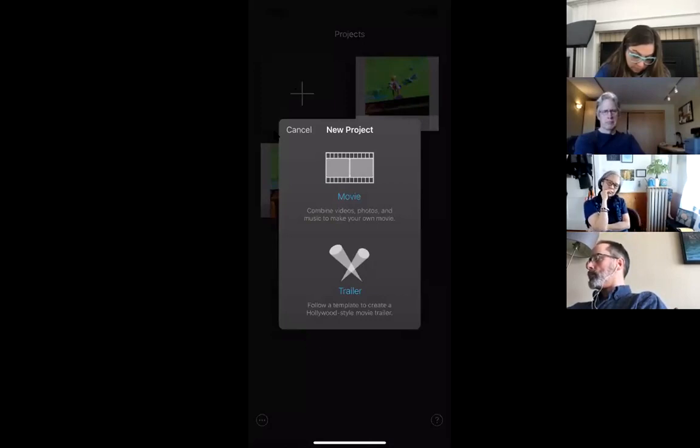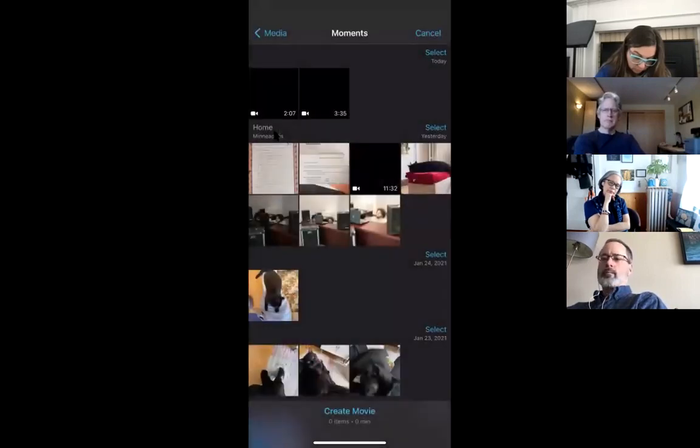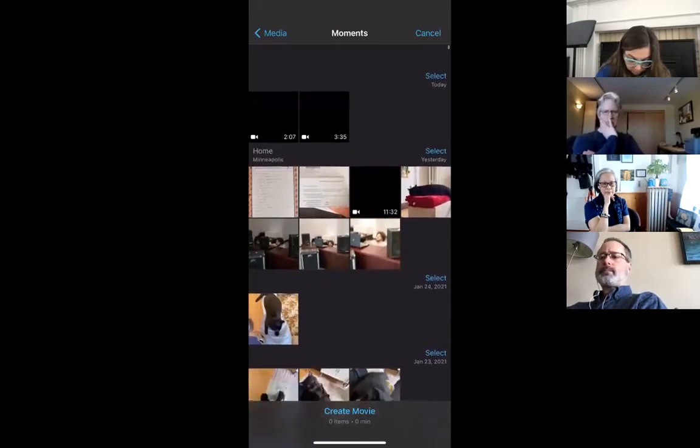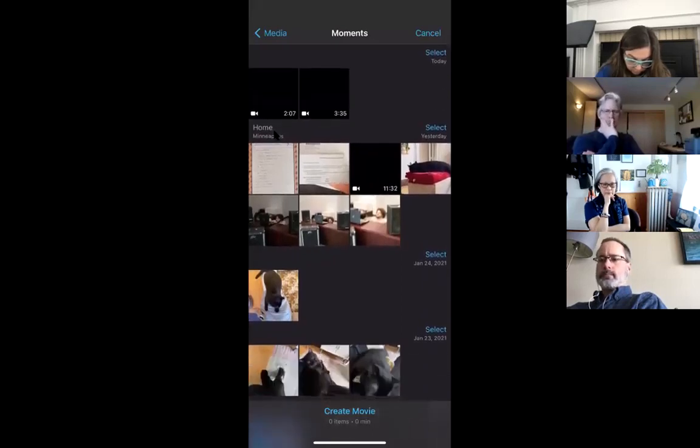It's basically just a template with some transitions and some titles for you, if you feel like making something that feels like a trailer. But in general, you're just going to tap or select the movie one, regardless of where you're working. And on the phone, this is where you'll say, okay, I want these, or I want whatever different files I'd like to use.